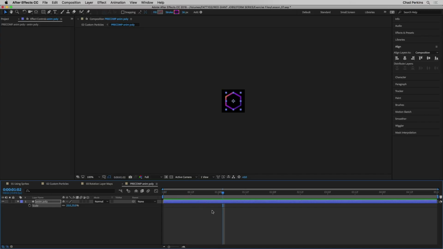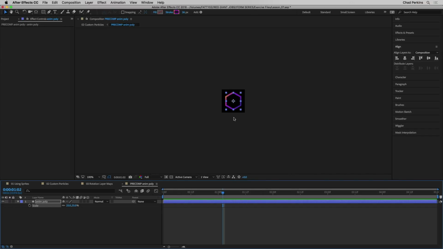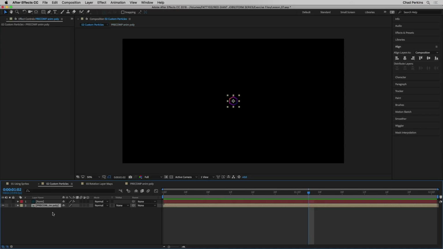And we do recommend that when you create custom particles that you do so maybe in a smaller composition so that you can have a very small layer there. So this is just 100 by 100, and that's generally the recommended setting. You could go higher than that, but it does start to slow things down because remember, this is just one single particle. So I'm going to go back to my particle composition here, and I'm going to turn off